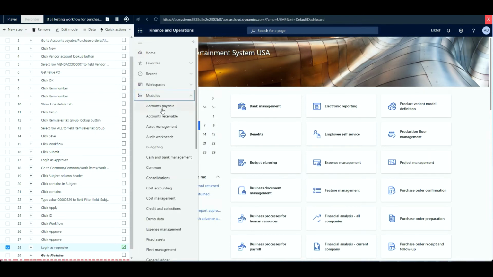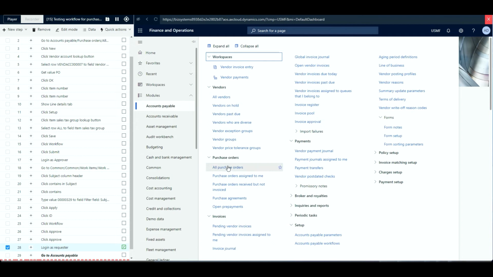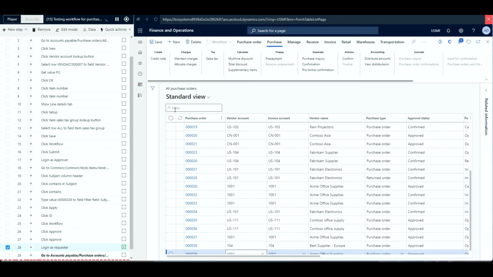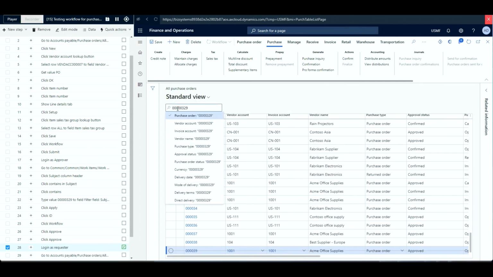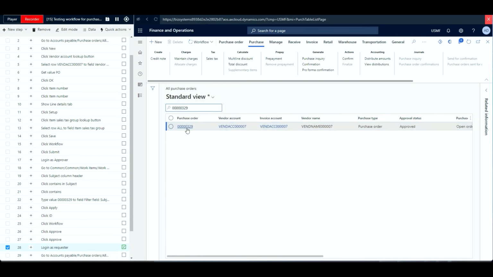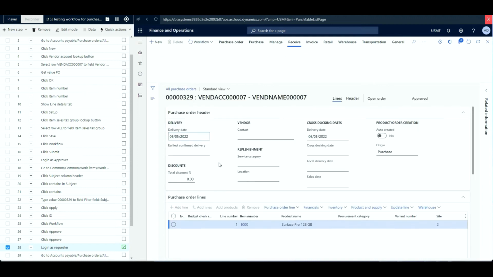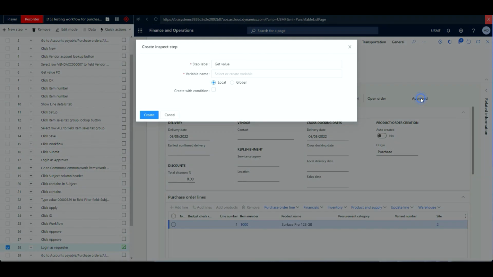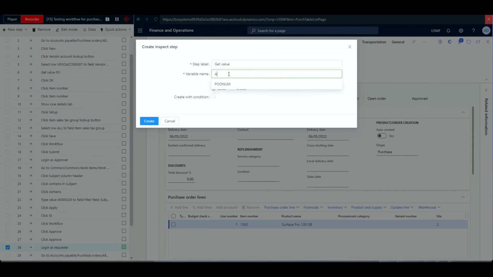We want to go to all purchase orders. And we'll search for the purchase order that we saved, and now we can go into the purchase order, and now we'll validate that it is at approved state. So we can do that again using our picker and using variables. So if I click on approved, give it an approved variable,